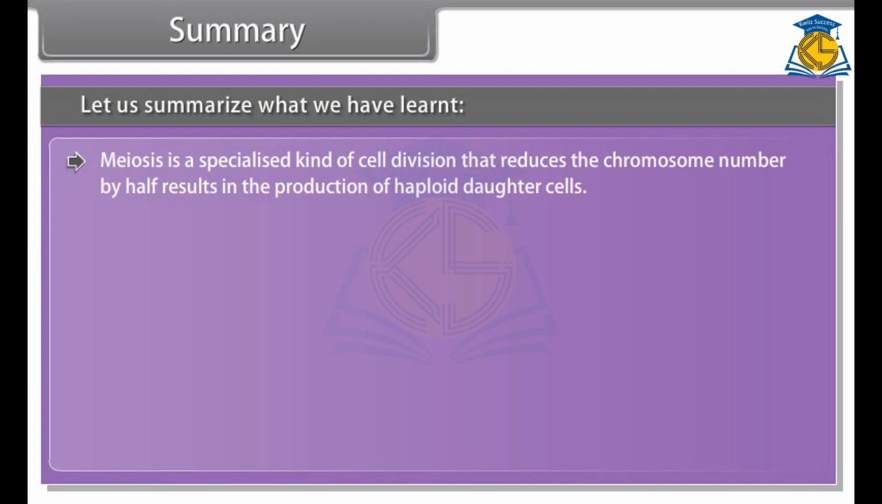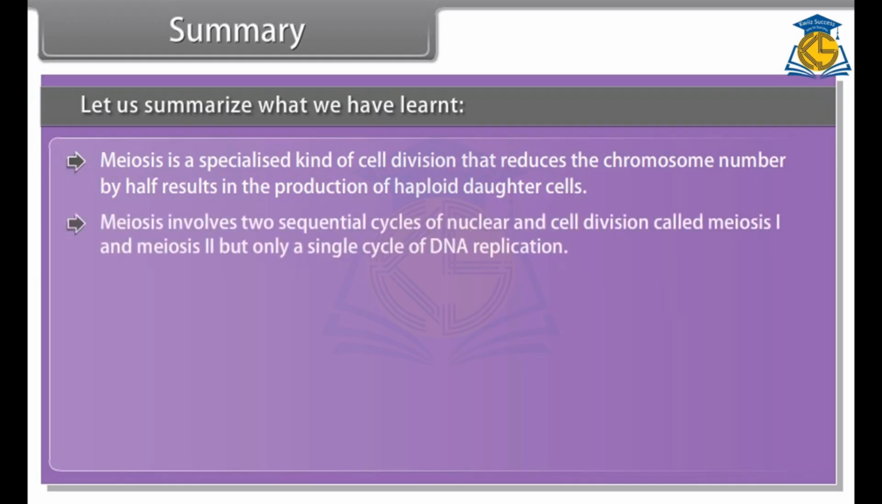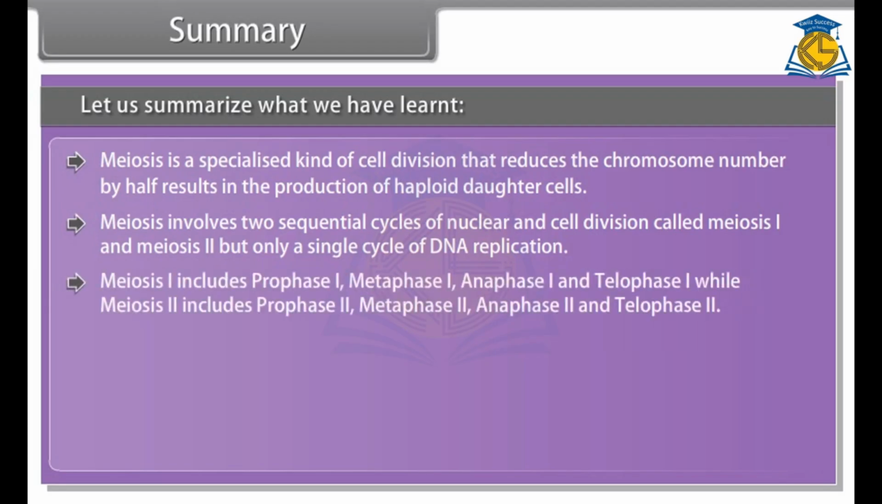Meiosis is a specialized kind of cell division that reduces the chromosome number by half, and results in the production of haploid daughter cells. Meiosis involves two sequential cycles of nuclear and cell division called meiosis I and meiosis II, but only a single cycle of DNA replication. Meiosis I includes prophase I, metaphase I, anaphase I, and telophase I, while meiosis II includes prophase II, metaphase II, anaphase II,